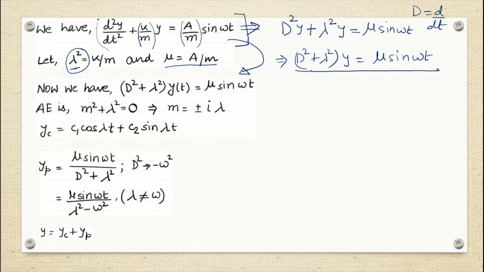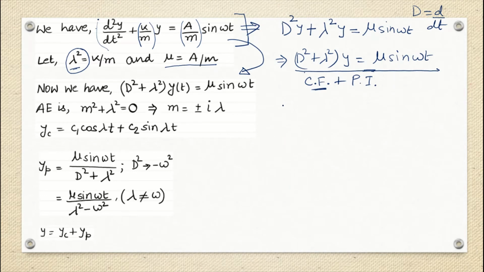So this type of equation, we can easily solve this differential equation using the CF plus PI method, and then we can get the answer of whatever they have asked. We apply this differential equation to get the answer of undamped forced vibration of a spring. We can easily get it, correct? So we are first finding the complementary function of this given equation, right?